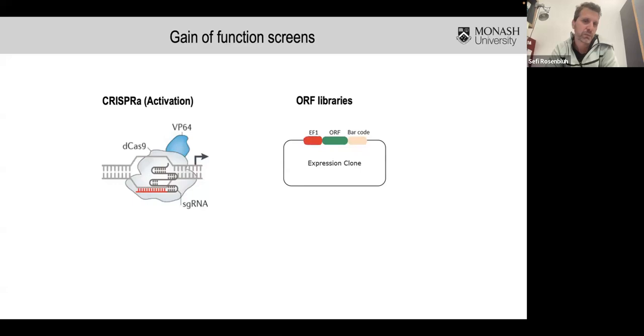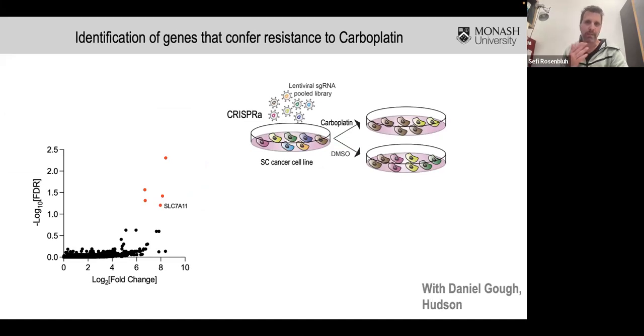The other method is using CRISPR-A or CRISPR activation. So in CRISPR activation, you use the same methodology that I showed for CRISPR-I. So that's the inactive Cas9 or the dCas9, but here it's fused to a transcription activator. So here you can see it's VP64, but we actually use one that, in addition to VP64, brings a combination of different transcription factors and results in robust activation of gene expression. The methodology we use in this method is very similar to what we use with CRISPR knockout. It's just with a different Cas9.